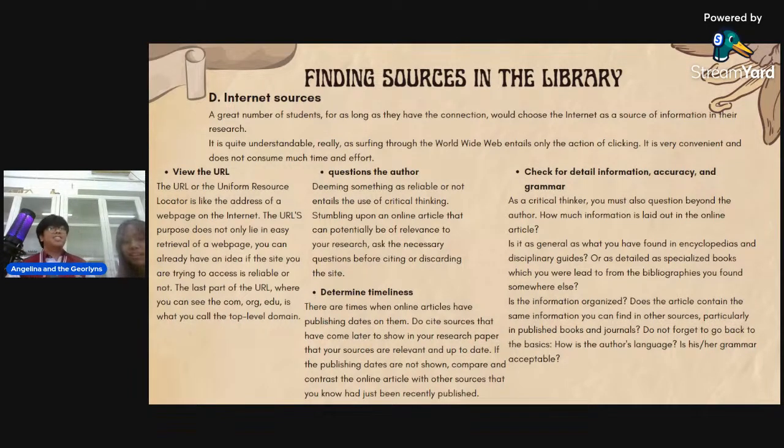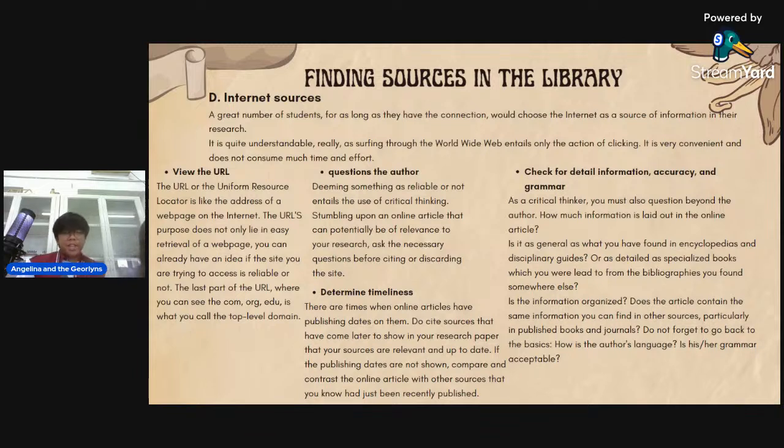Question the author. Sometimes whenever we search something up, we can't just take it and put it in our research paper because we should make sure that our sources are credible. And when we see the authors and when we put the citations, we should make sure, is this the actual author? Should be legitimate. Yeah, is this the legitimate author that wrote this article? So you should think to yourself first before you put it in your citation.